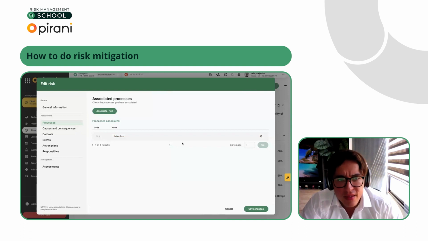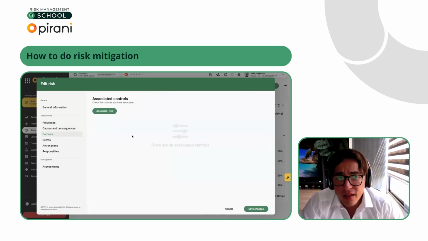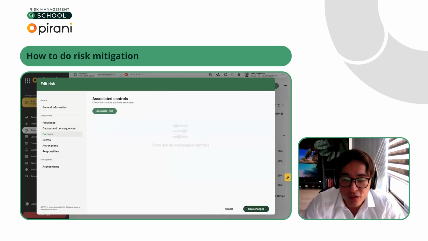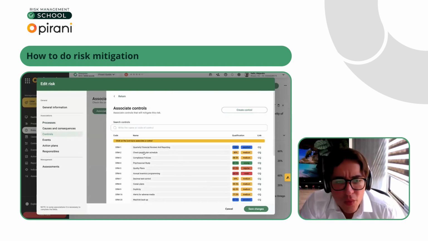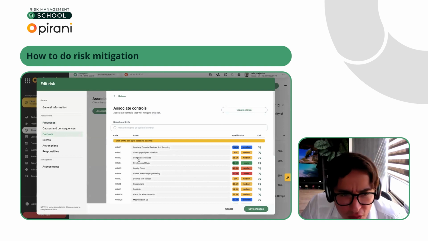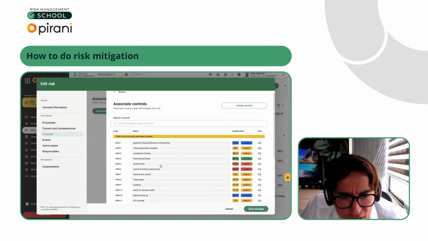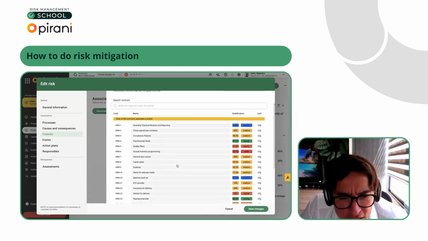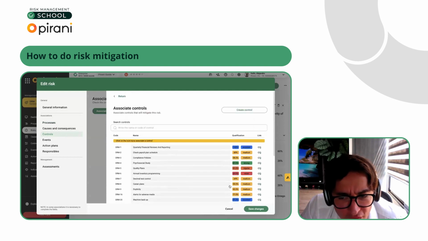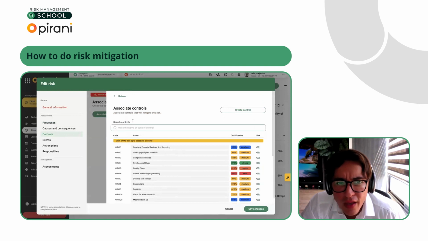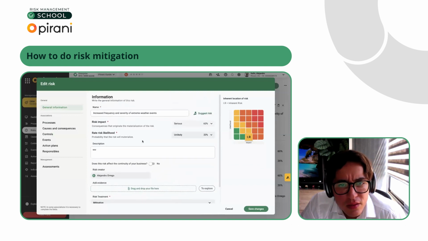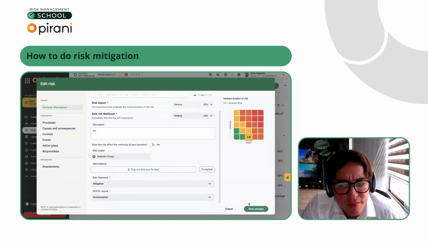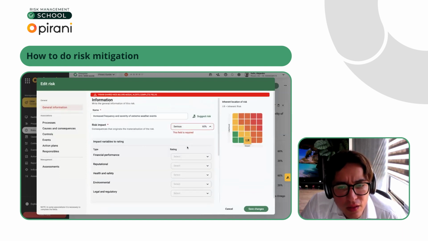And then I know that this specific risk can impact the distribution, and then I can associate controls in order to mitigate. So let's see what controls do I have. Right now we have quarterly financial reviews, check payroll, compliance policies, annual inventory programming, duplicity alerts. So maybe we don't have any, so maybe we need to create the control. So let's go back here. It's telling me that I need to do something. Okay.